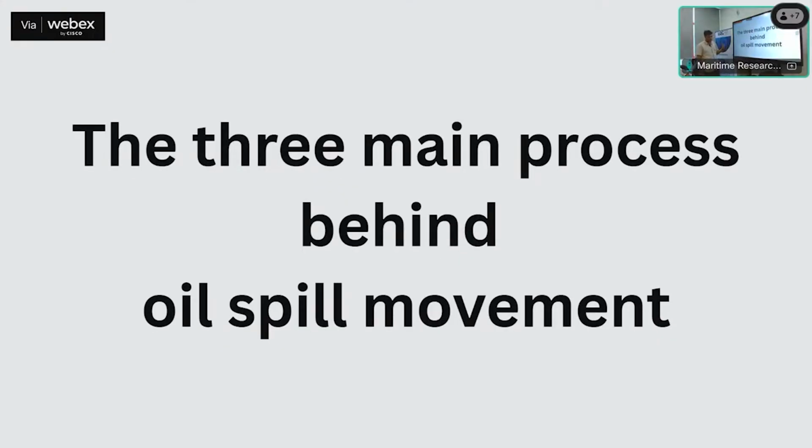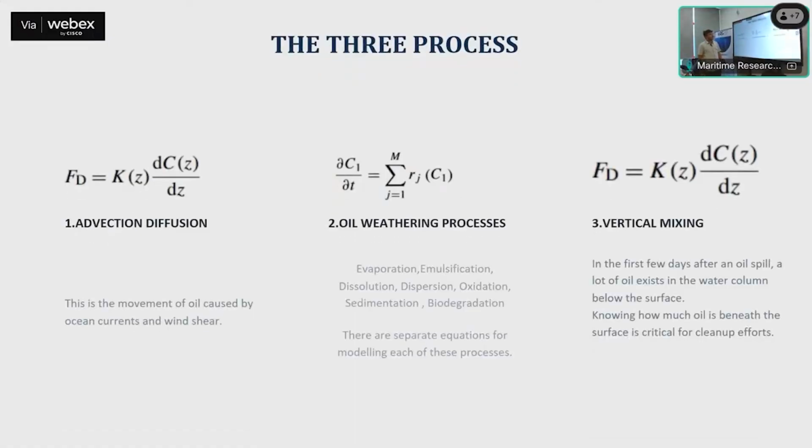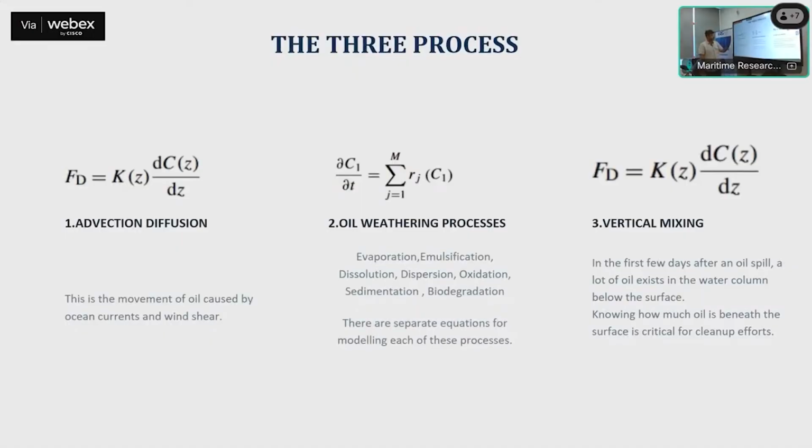So I went through a lot of the research papers and identified three main processes behind it. These are just the differential equations; they are not the ones that you can actually use in a numerical model. This one is the most important one: the wind and the water push the oil on top of it, and the majority of the velocity is caused by this. And advection diffusion,